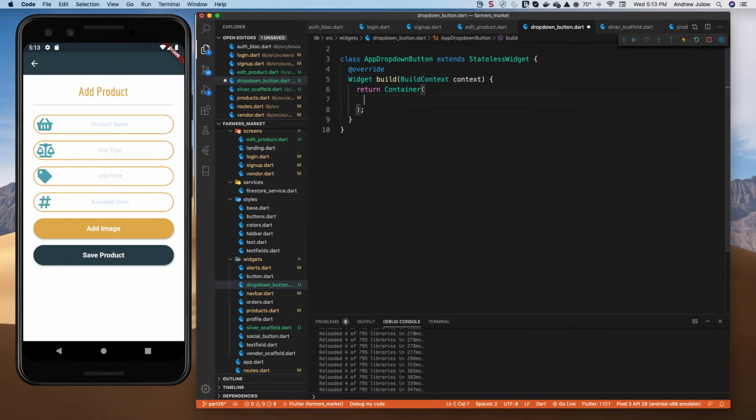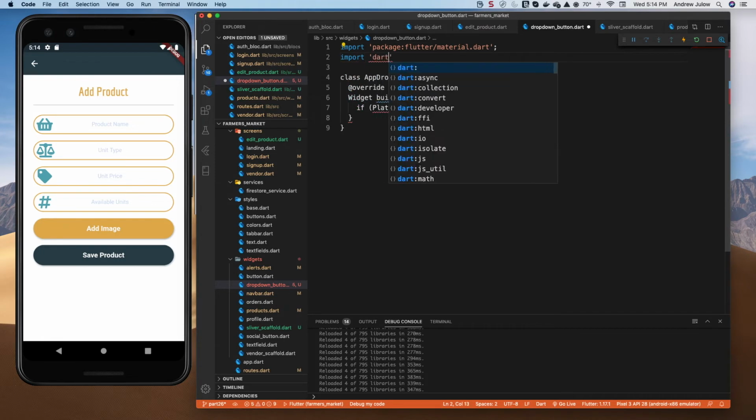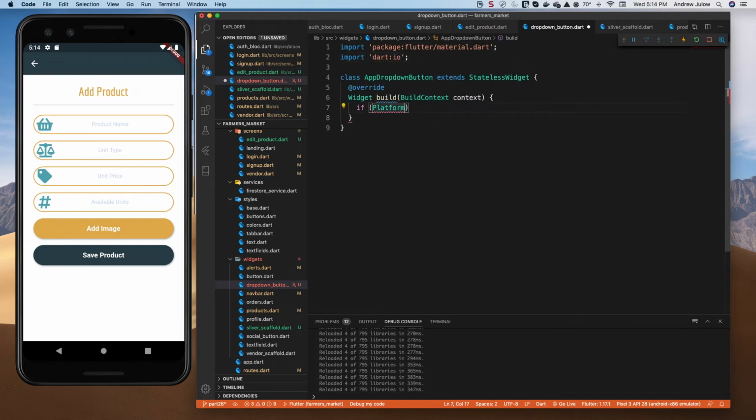All right, so we'll get rid of container, and what we want to return in here is either a material drop-down or a Cupertino spinner or selector, or picker, I guess it's called. So we're going to want to know if this is iOS or not, and we can do that right inside here. So we'll do if platform.is. Let me bring in Dart.io, import IO. If it is iOS, we will return a container for now. This is going to be the next episode. We'll fill in that. But for material, we can return